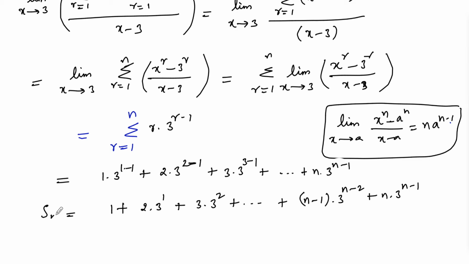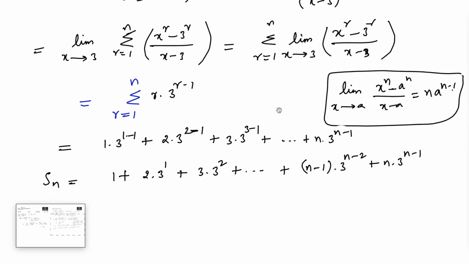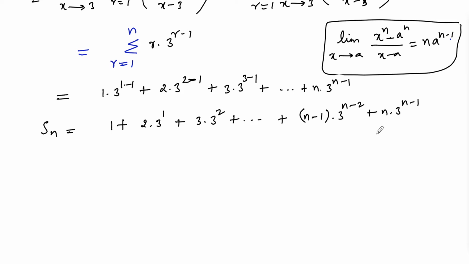So let us consider this as a sum Sn, and we can observe very clearly that it is in arithmetico-geometric progression. Instead of using the formula, let us solve it by multiplying with the common ratio r, because it is in the form a plus ar plus ar square and so on, a into r to the power of n minus 1, which is an arithmetico geometric progression. Generally we take the formula for the sum to n terms, but instead of that let us use the concept. So here r is nothing but 3, so let us multiply 3 with Sn.